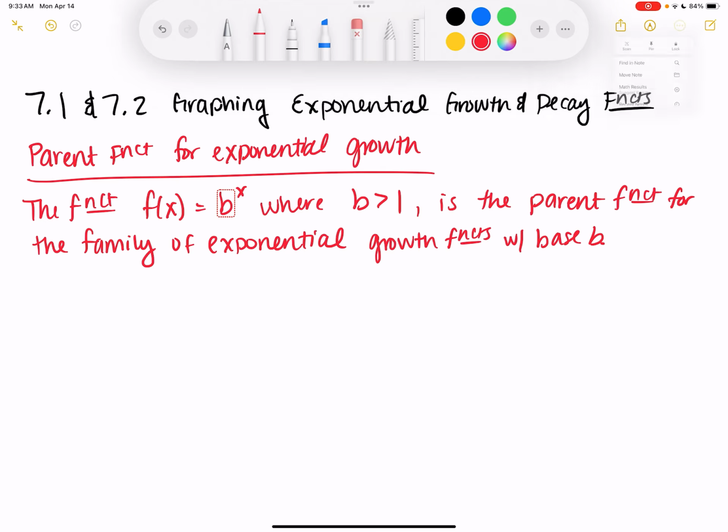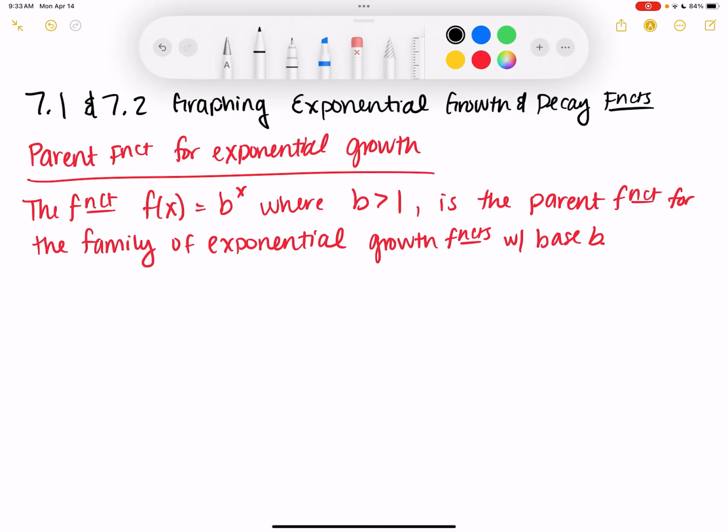And so a rough sketch of what this looks like. Okay, so we have our little graph set up here. Basically, our growth function is going to look something like this. Now the base function has a point here at 0, 1. And then it would also have a point at 1 and b. Obviously if x is 1, then it's just b to the 1, which is b. That would be on there as well, and then obviously we could keep plotting points in the negative and positive direction,